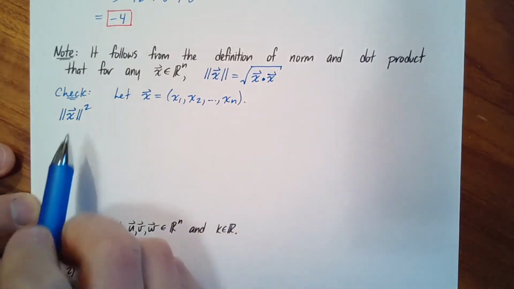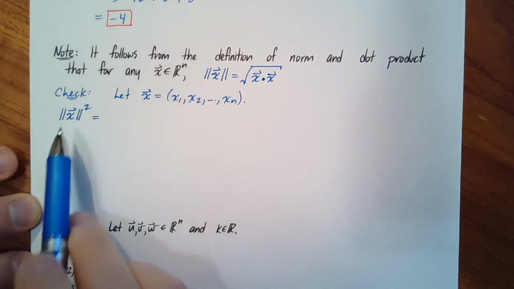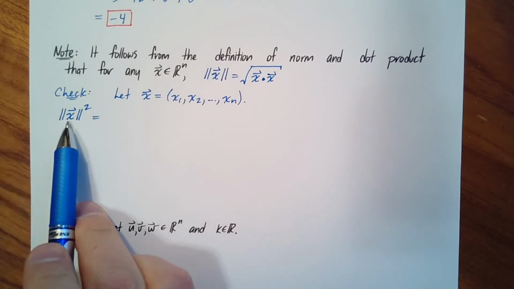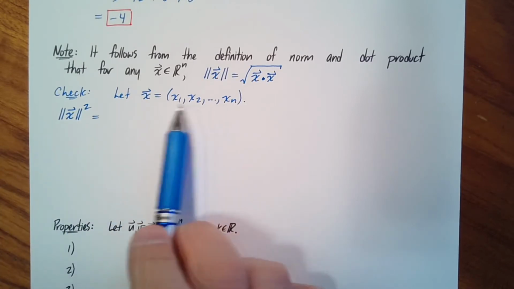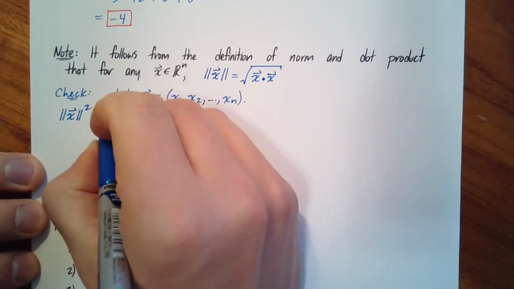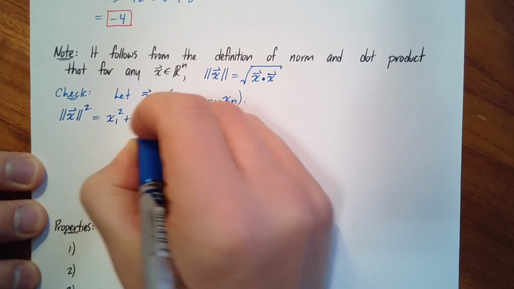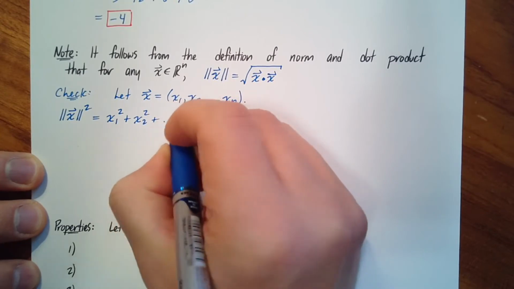Well, then we can compute the square of its length. And it'll just be, well, the norm of x would be the sum of the squares of each of the individual coordinates, and then you take the square root afterwards. But since it's squared, we can just skip the square root. So you're going to end up getting x1 squared plus x2 squared